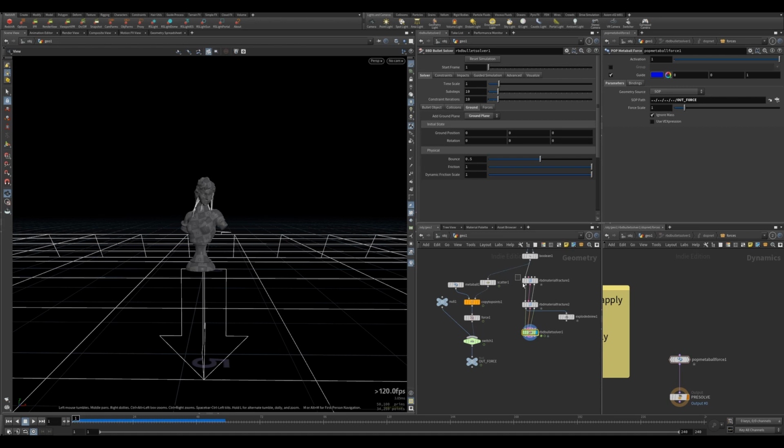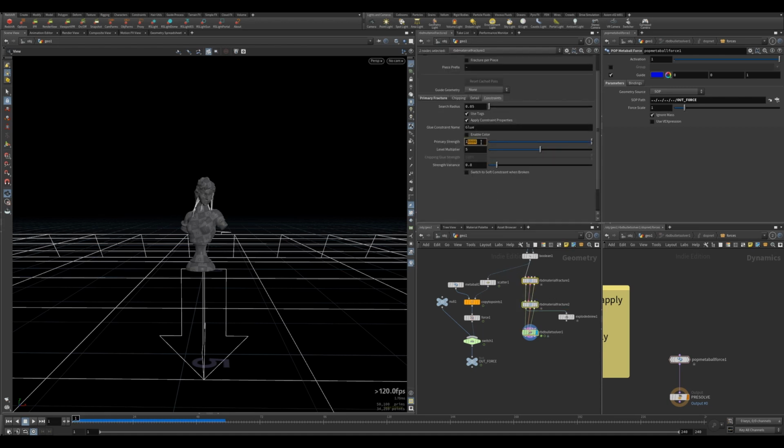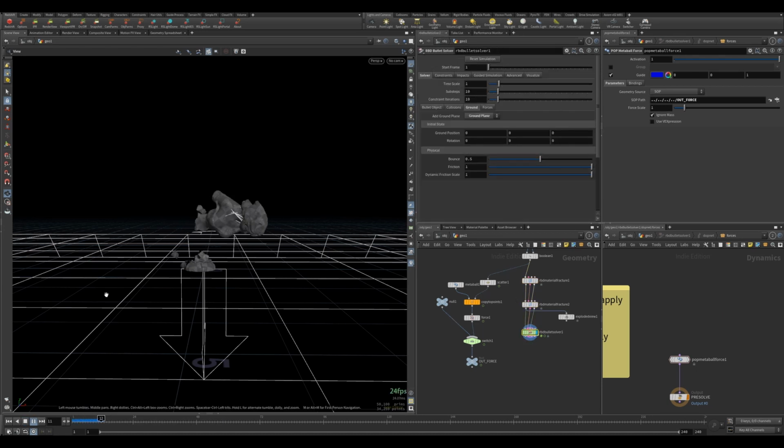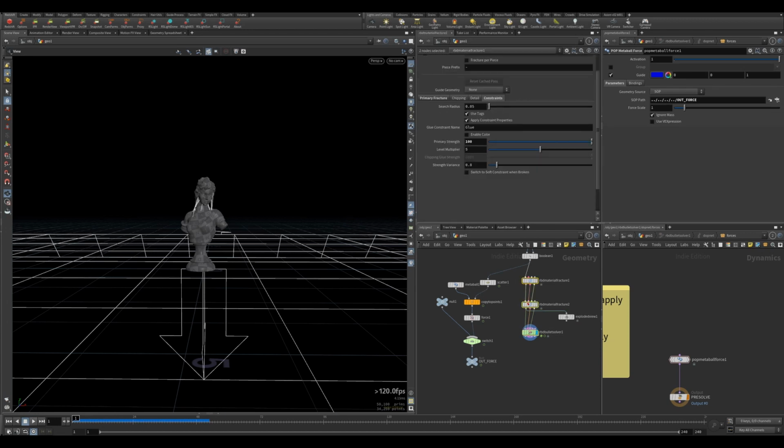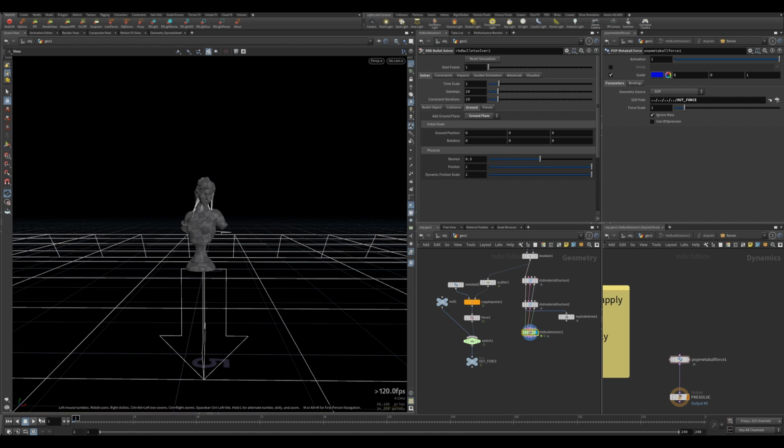Now I'm going to go back and reduce the glue to, I don't know, 100 maybe. Okay, so it's working. Alright, so that's fine. It's not great, but it's working. So I'm going to bring that down to 100. Actually, leave it at 100. No, let's put that back to 10,000. Okay, so it's not happening